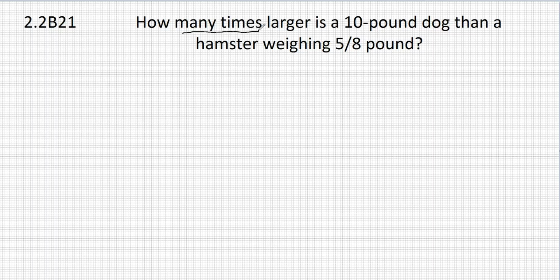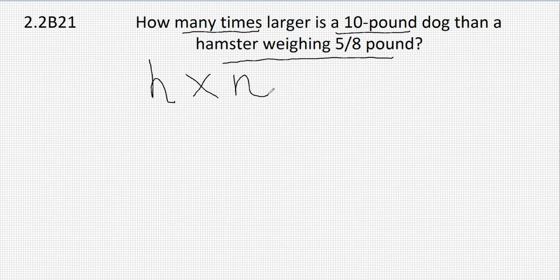How many times larger is a 10-pound dog than a hamster weighing 5/8 of a pound? So a hamster is a lot smaller than a large dog. In this case, they want to know how many times larger. So if we had the weight of a hamster and we multiplied it times some number, we would have to get the 10-pound dog. So let's insert 5/8, because a hamster is 5/8 of a pound, times some number has